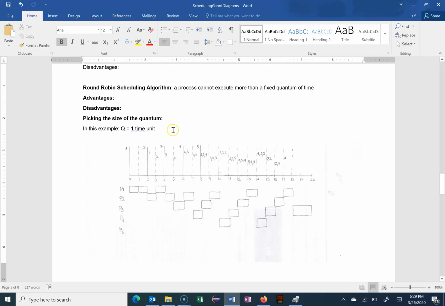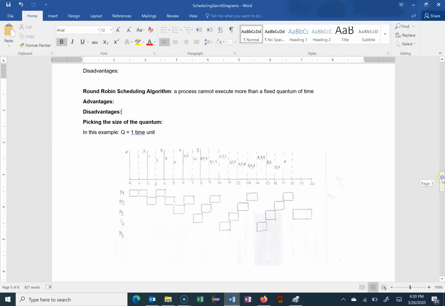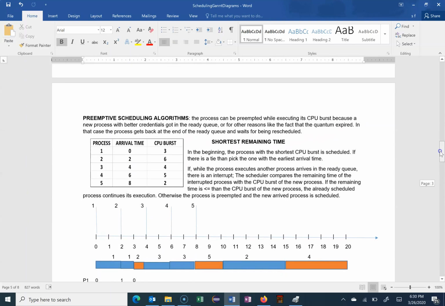Okay, I picked an example where the quantum is 1. That means that we're going to have full context switches almost after each unit of time. So it's basically the worst scenario possible, because we're going to have a lot of full context switches. Just think about having this full context switch delay added to all these changes. Okay, so we're going to use the same information that we have right here in our table,